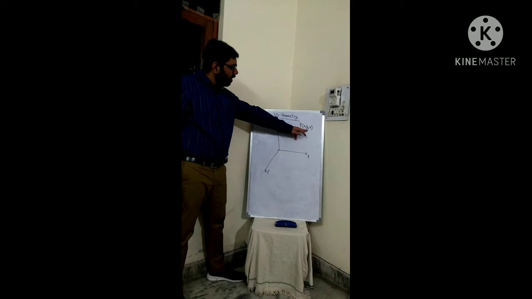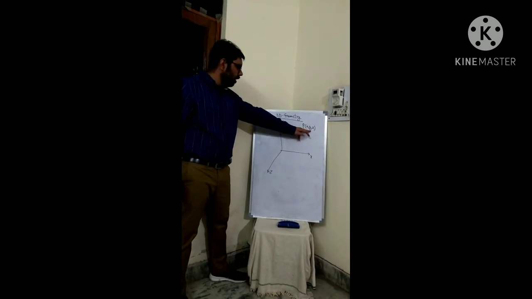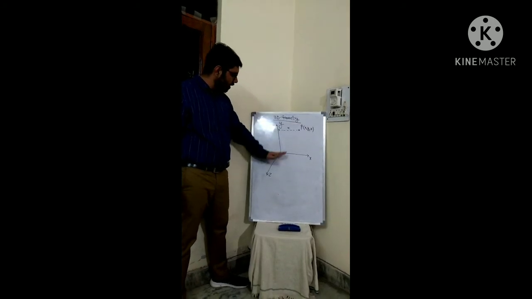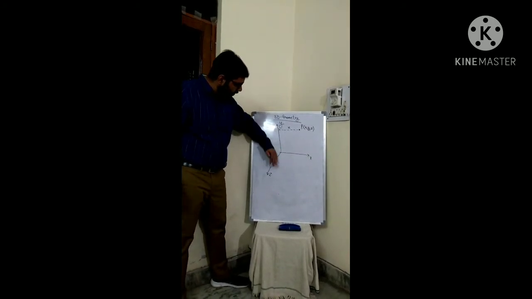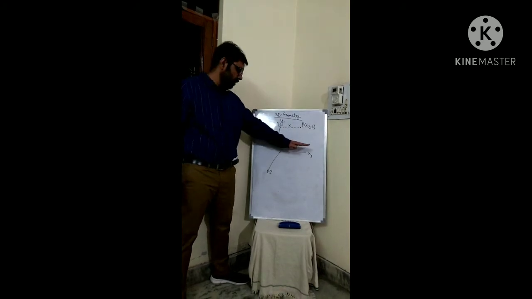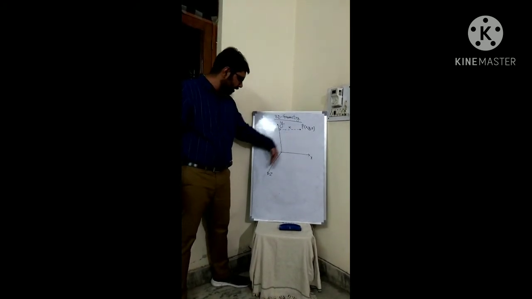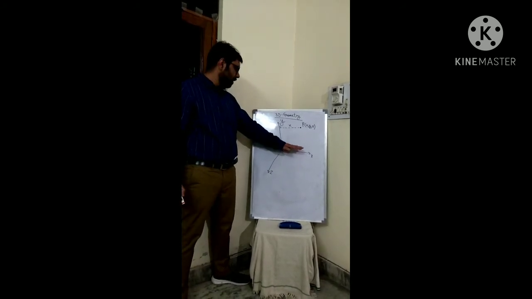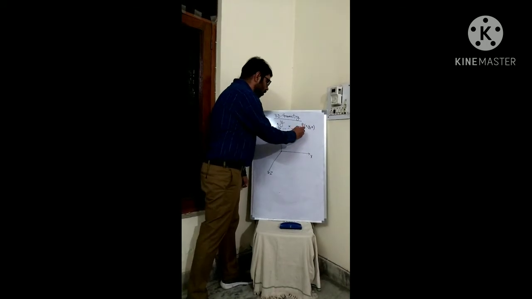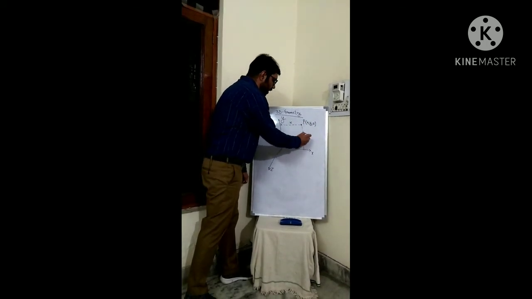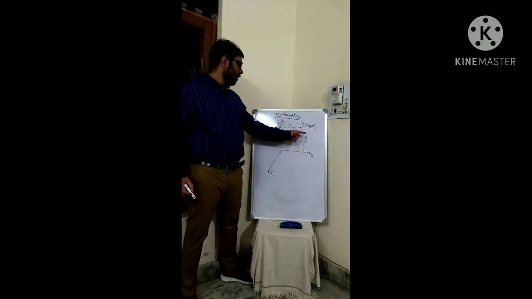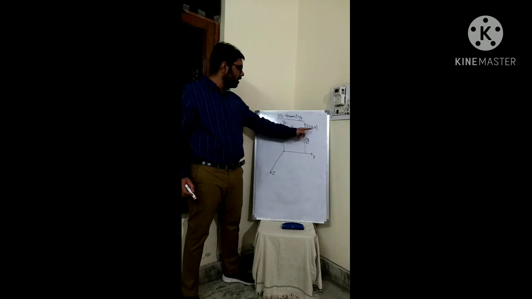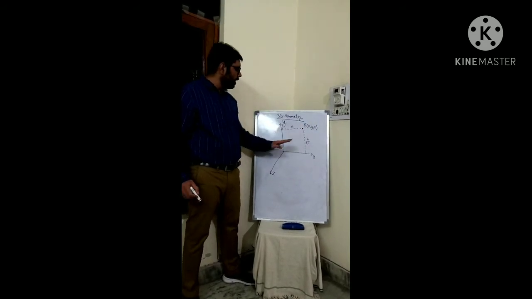Similarly, the y coordinate represents the distance of the point from the zx plane. The zx plane is the plane which is formed by the z-axis and x-axis. So we have this x-axis and this is the z-axis, and this plane formed by the z and x-axis is the zx plane. So the distance of the point P from the zx plane is represented by the y coordinate, and in the end we have the z coordinate. The z coordinate represents the distance of the point from the xy plane.